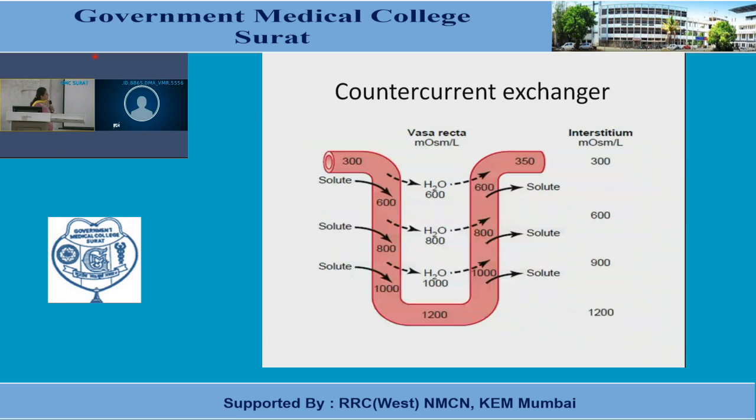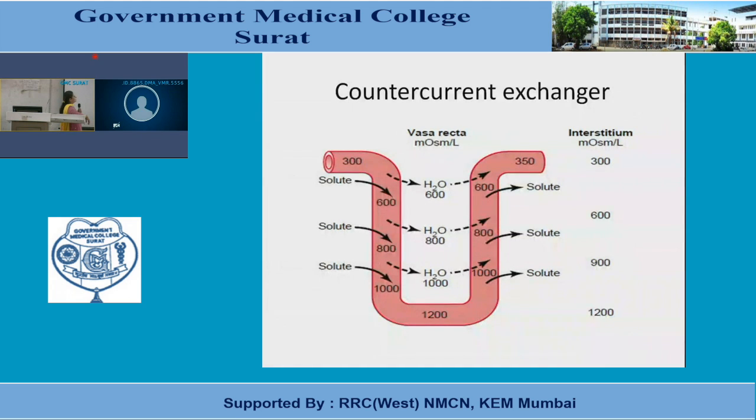This is the countercurrent exchange. Now, the water which is being absorbed at one end of the vasa recti, the solutes will be absorbed from the interstitium. If these solutes are absorbed and go back out of the kidneys, then there will be solute loss, and the hyperosmotic medullary interstitium will lose its solute. To minimize the loss, we have the exchange mechanism. In the exchange mechanism, the solute is absorbed at one end and it again comes out of the vasa recti at the other end of the capillary, so that there is no solute loss from the interstitium and the osmolality will be maintained.